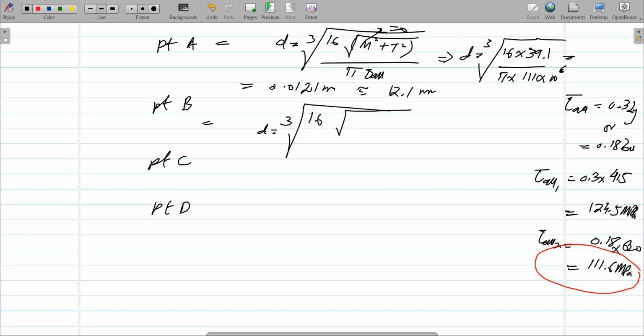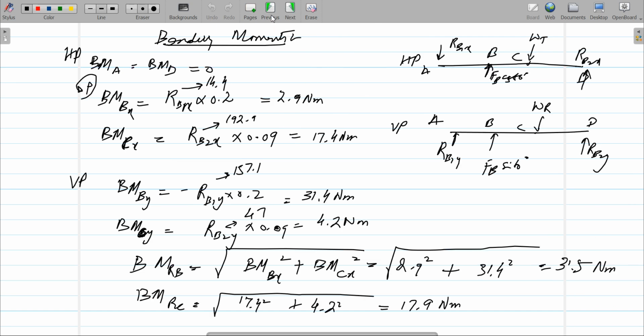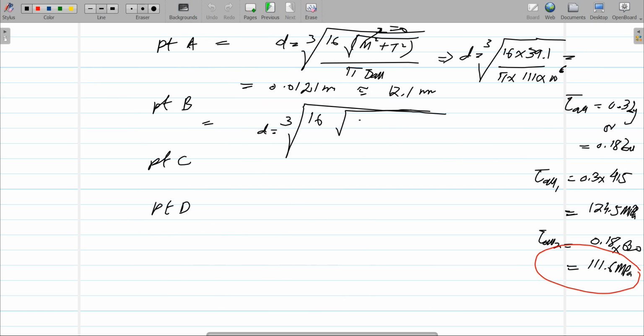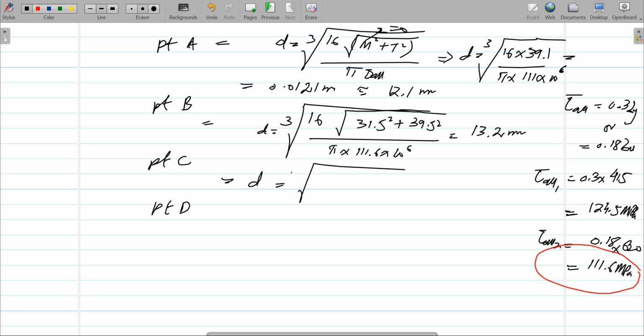16 into, now what is the bending moment at point B? Total bending moment is 31.5. So 31.5 square plus torque 39.5 square, divided by pi into 111.6 into 10 to the power 6. So the diameter based on this formula is nothing but 13.2 millimeter. At point C, the diameter is the cube root of